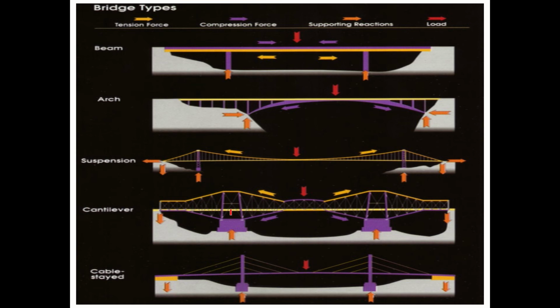This is cantilever. See, this portion is holding this beam, or what you can say, the girder or the deck slab, in a cantilever way. So there is a compression at the bottom and tension at the top. It is opposite to that of simple beam. So these are your different types of bridges, or different types of techniques used to construct a bridge.